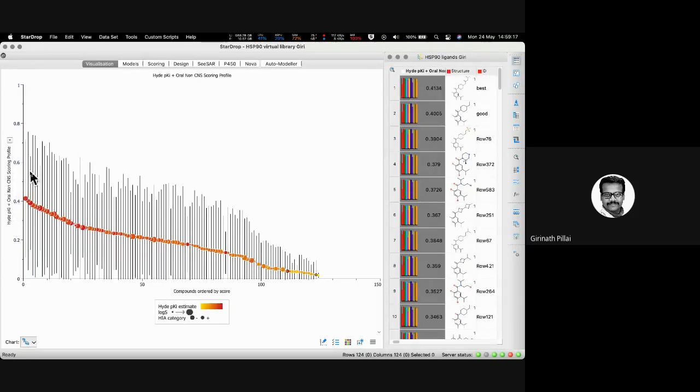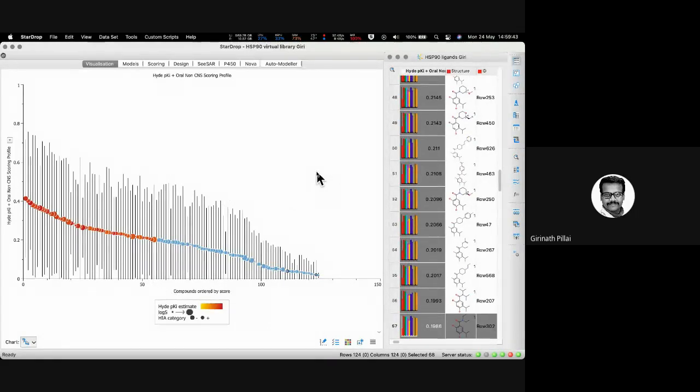Now in this case, we are not very ambitious. We did not get anything even greater than 0.5, because the compounds were not actually appropriate for this data set, but at least from what we have, we are trying to see which fits best into the data set. What we can say very confidently is that I'm going to remove these sets of molecules from my data set because the scores are very low. If the scores are very low, not only the biological activity, many of the ADME properties are also not satisfying. So why should I keep those molecules in my data set?